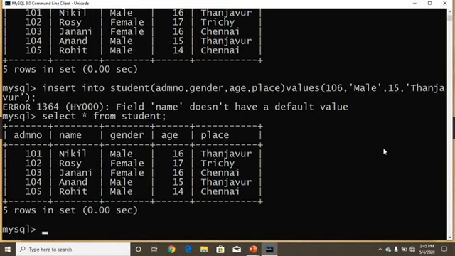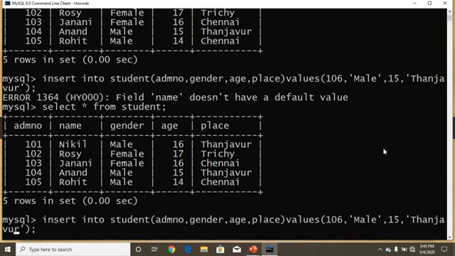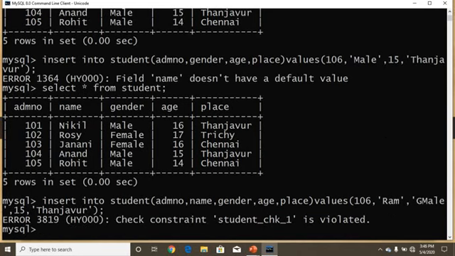Okay, then the next one is the check constraint. Now I am going to give a gender value, either I don't know it, or by mistake I give some other value. Admission number, name, gender, age. Here I am going to give a wrong value, mistakenly replacing female with some other value. See here, it indicates an error. What is the error?